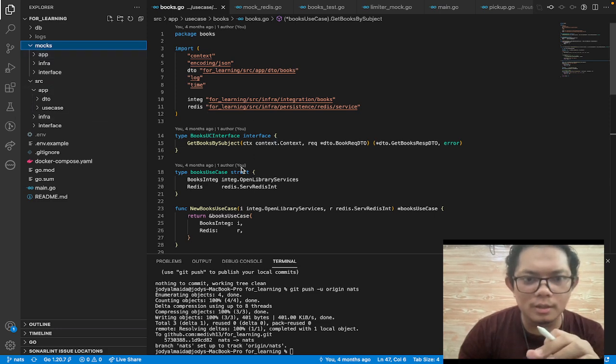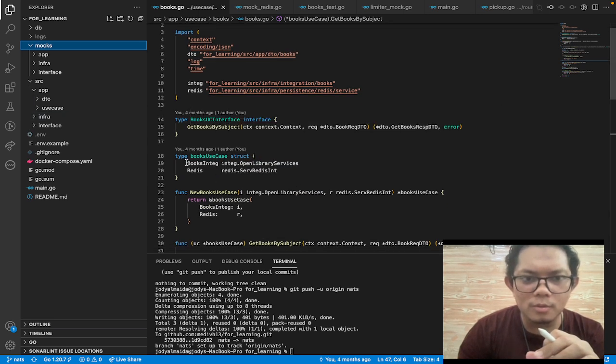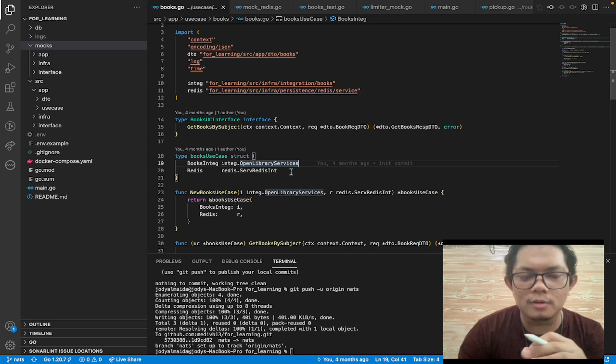Before that, in this use case, I use books integration. This is the process that I use to retrieve data from openlibrary.org, and I use Redis for caching.